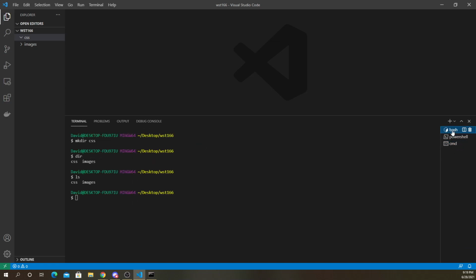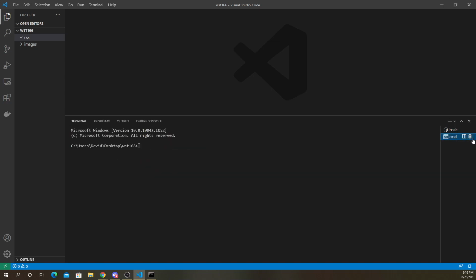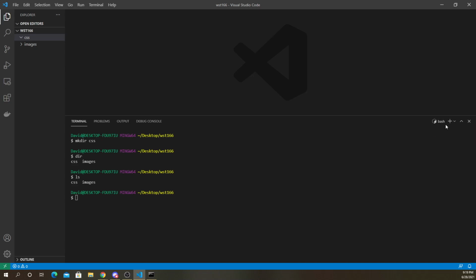Now, bash is the most popular because Macs use that by default, and I think on Linux it's just the more popular one. So that's what we're going to be using, the bash shell. We're going to be using things like ls, which lists your folders.